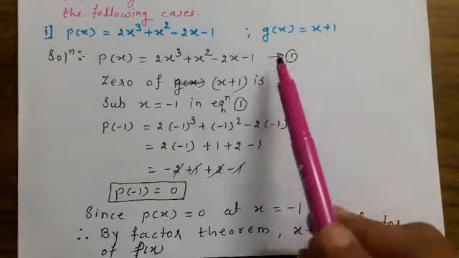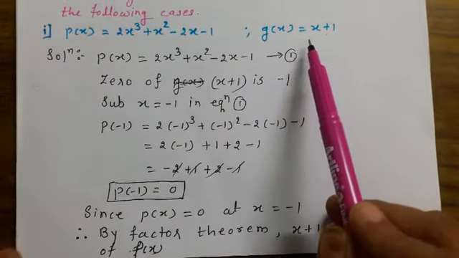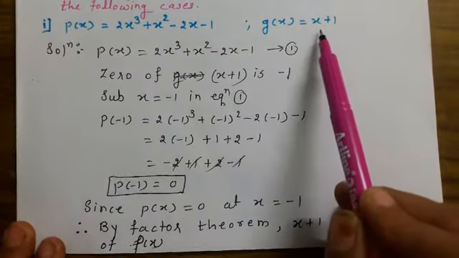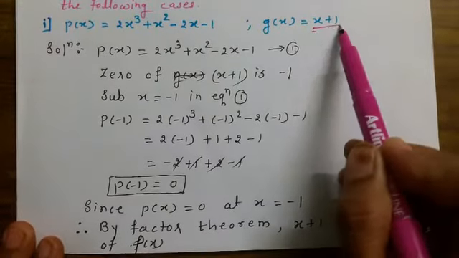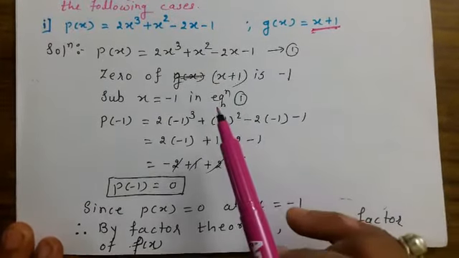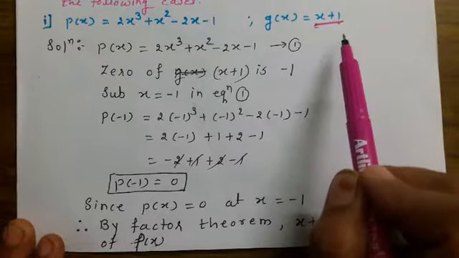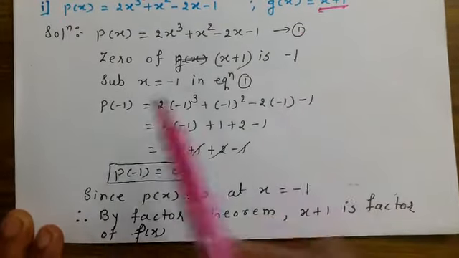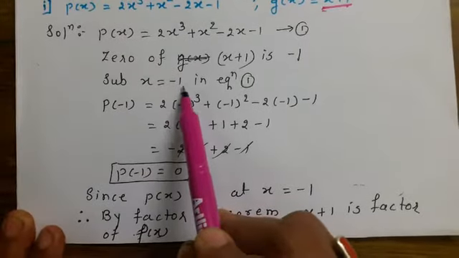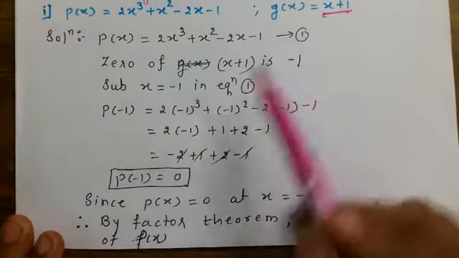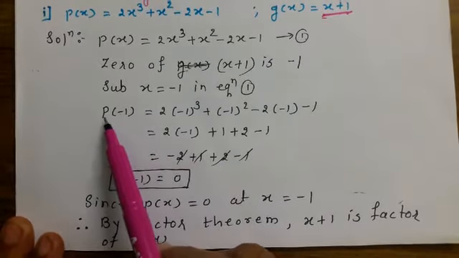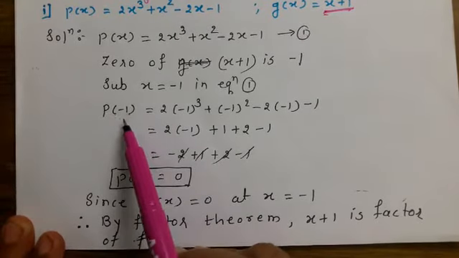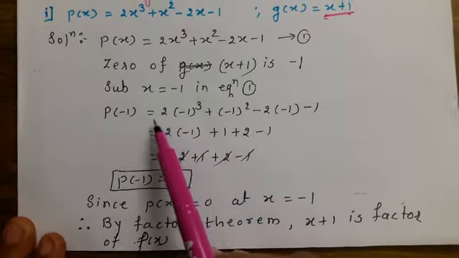We do not have to divide this by the long division method. We have to use the factor theorem. That's why we have to find the zero of the polynomial. And the zero of x plus 1 is minus 1. So we will substitute x is equal to minus 1 in the given equation. So what we will get, p of minus 1, which means x is replaced by minus 1, is equal to